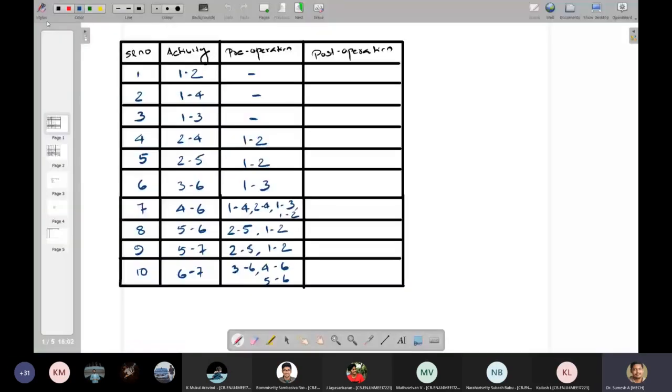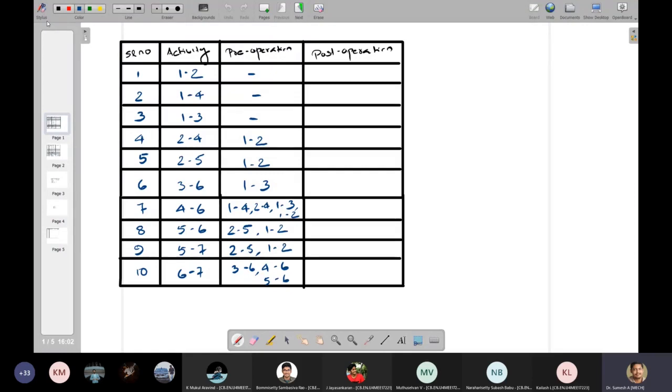We were discussing network models in the last class. I gave you an introduction to the various types of algorithms, and a small problem on how to construct a network. We'll see some of the ways in which we can construct networks, and then we will proceed with the problems. Then we will move into the critical path computations.